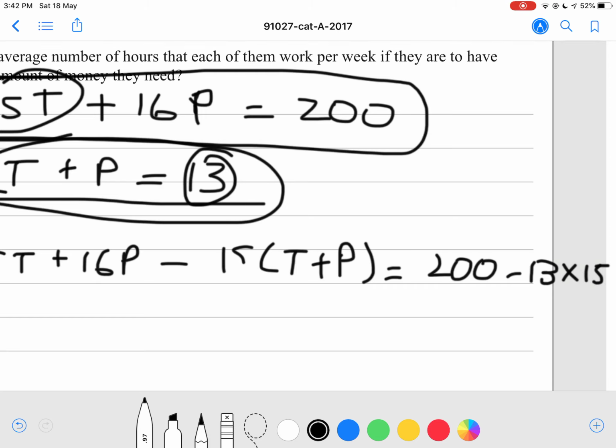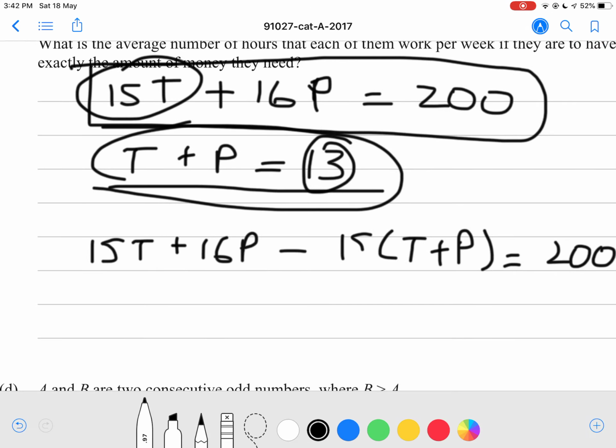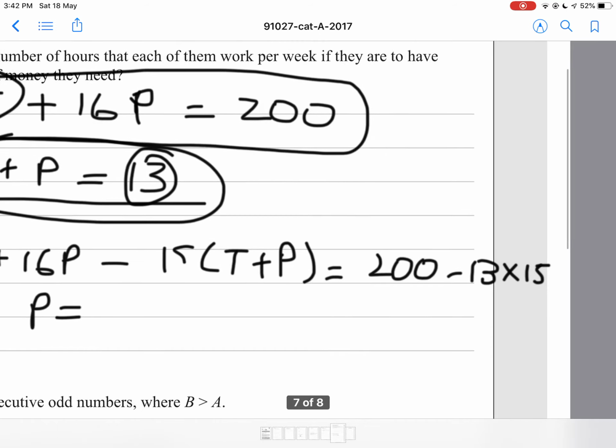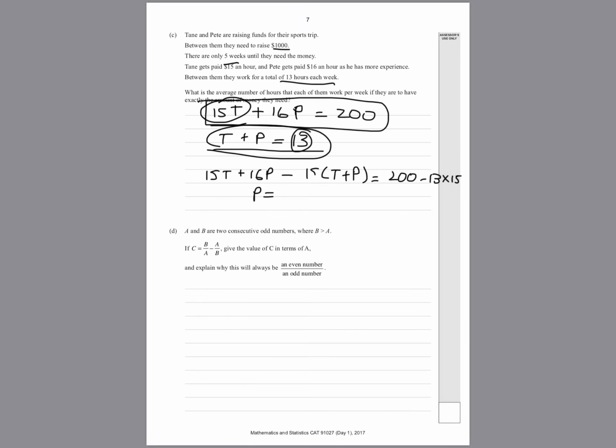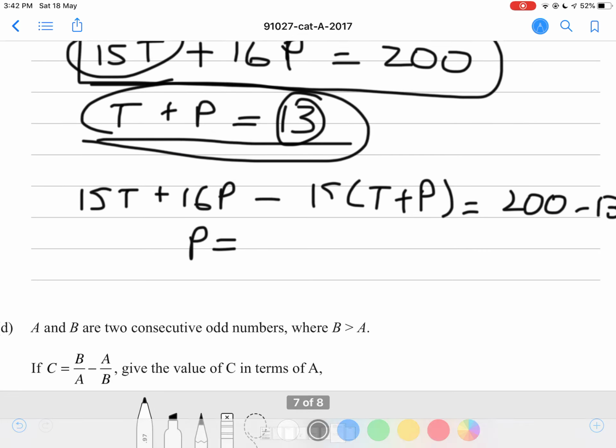Okay, so this is what you will get. Okay, so 15t and negative 15t, they cancel out, so it's gone. 16p minus 15p gives us only p, so therefore p equals 200 minus 13 times 15, and that equals 5. Okay, now you find out that p equals 5,